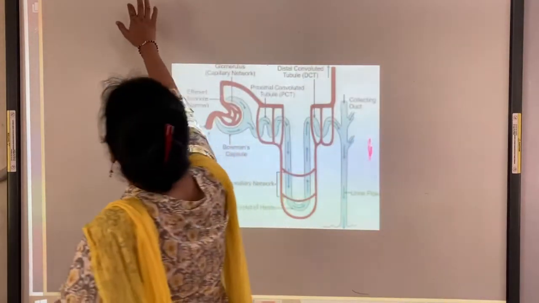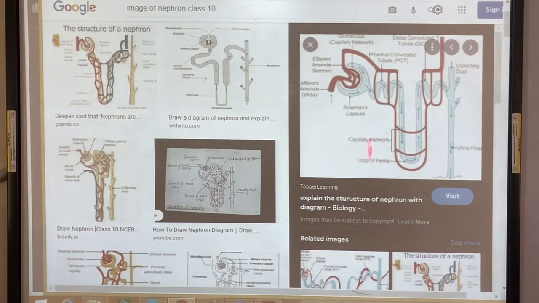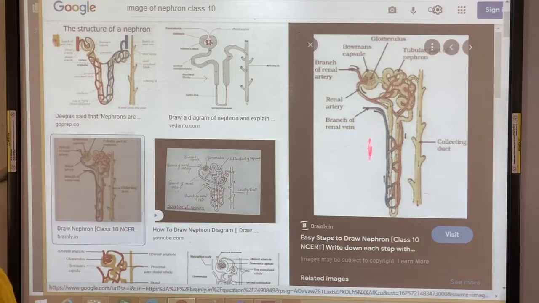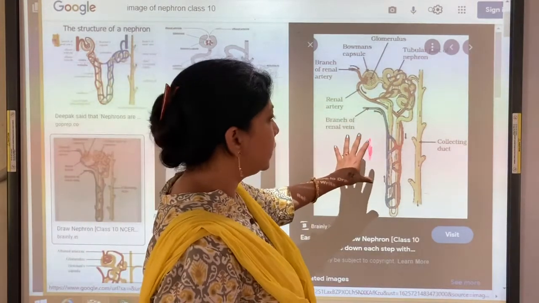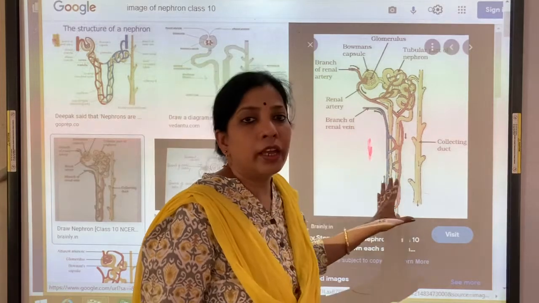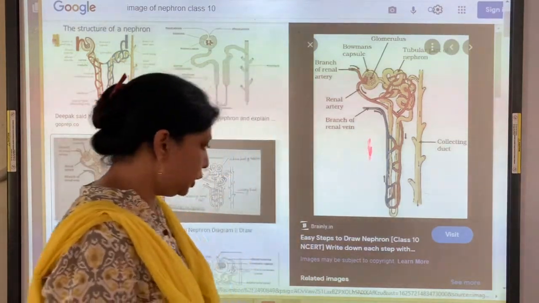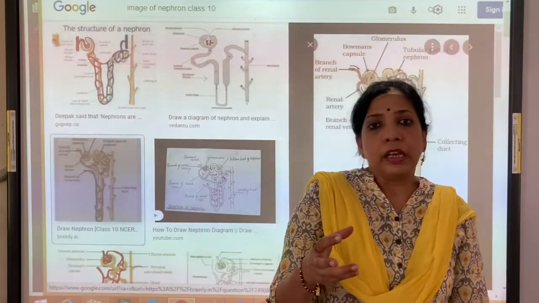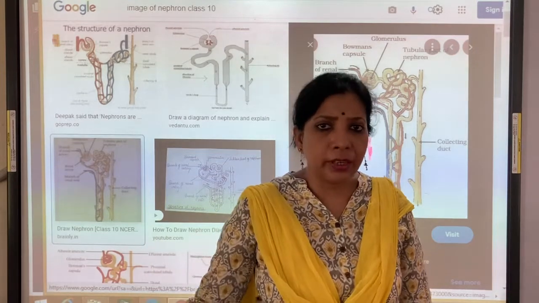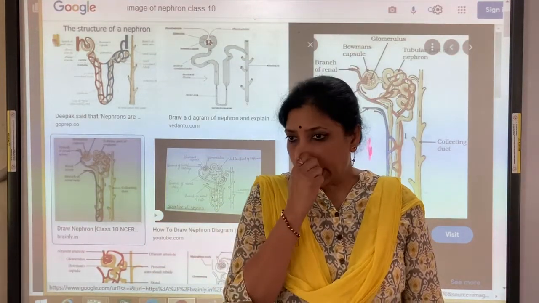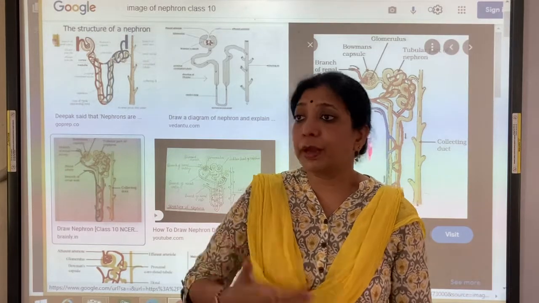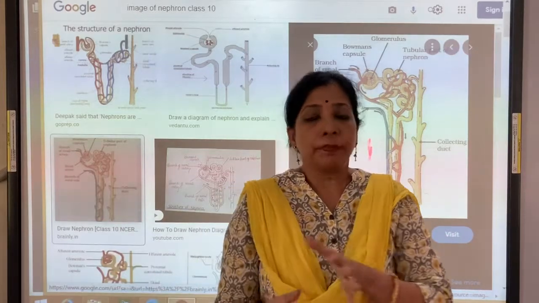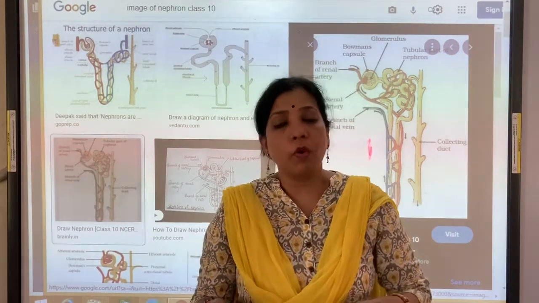I'll move back to this diagram, right? I think this diagram is given in your book. It's perfectly alright. You learn this diagram, and if you learn the diagram, it will be easier for you to explain. Now what happens when people do not have good habits, when they get used to bad habits, substance abuse, alcohol, this and that? The kidney starts suffering. Or if somebody is a sugar patient, the internal organs start deteriorating, right?